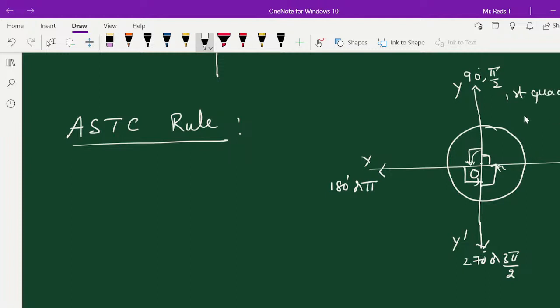You have to remember that all trigonometric functions in the first quadrant are positive, whereas in the second quadrant,